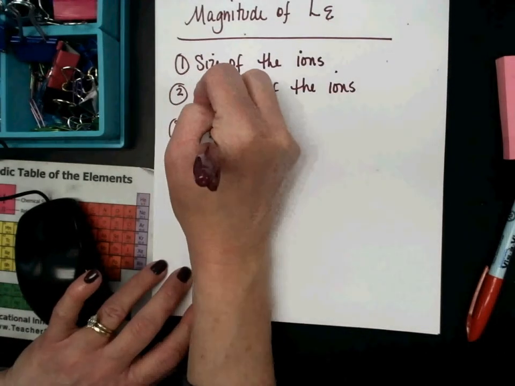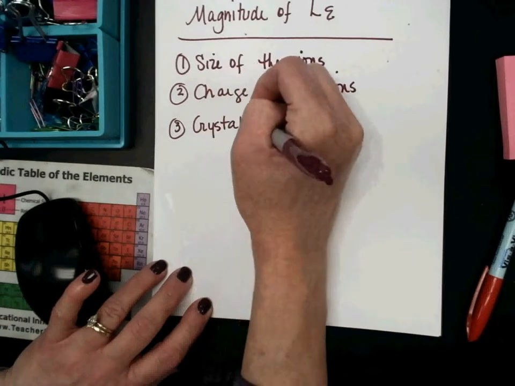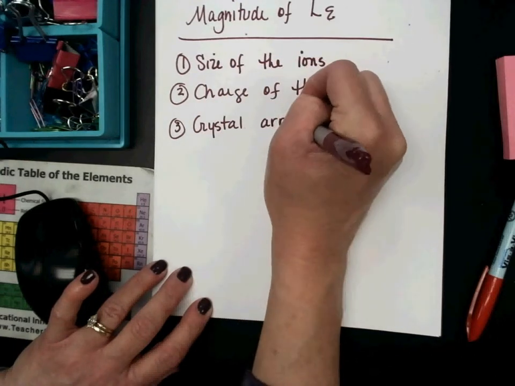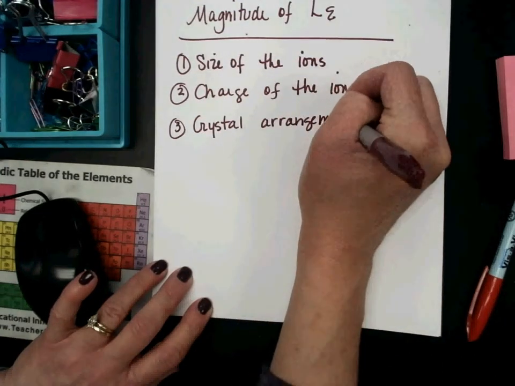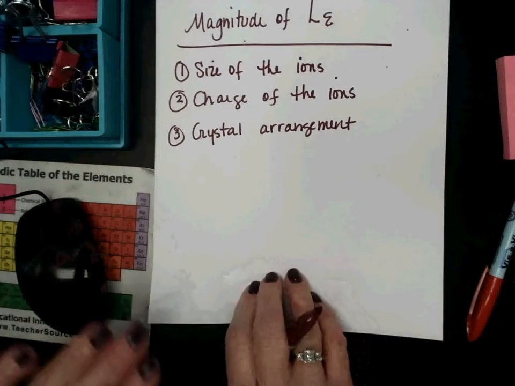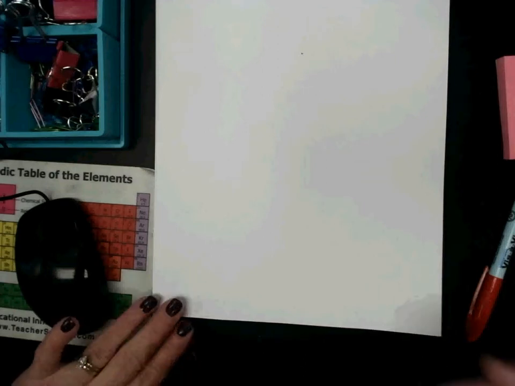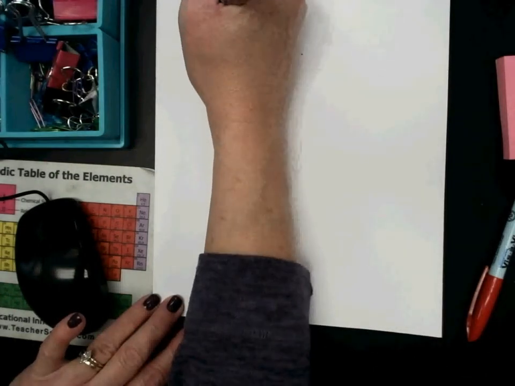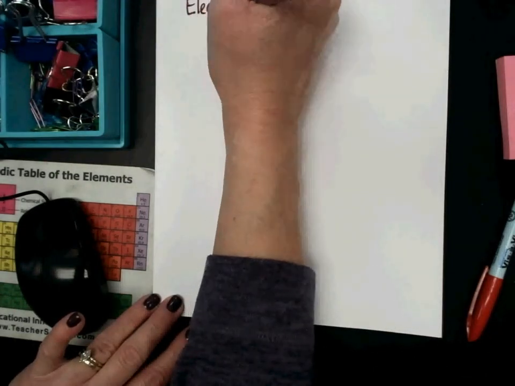And it depends on, we'll just say, crystal arrangement. So 3 things we have to look at when we're figuring all that out. We also have to look at those 3 things plus the electrostatic